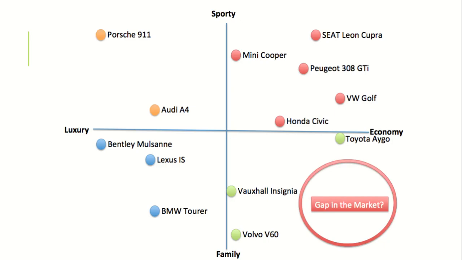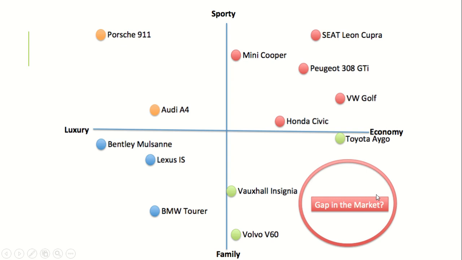Okay, this is another look at it here. What we can do is segment down here and we get a good map of our segmentation of what our product offering is. Sometimes we can find a gap in the market. So for example, this is family, economy, sporty and luxury. So you've got your Porsche 911 here. Okay, maybe you've got some of your family ones here, that Volvo V60 we had on the screen before. Maybe some of your luxury, more family ones here. But we can actually sometimes see there's a big gap here.